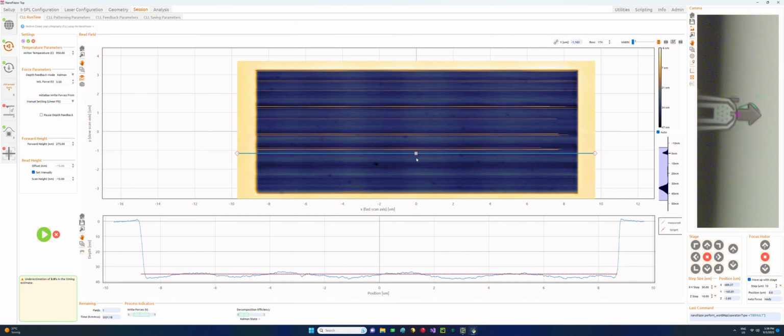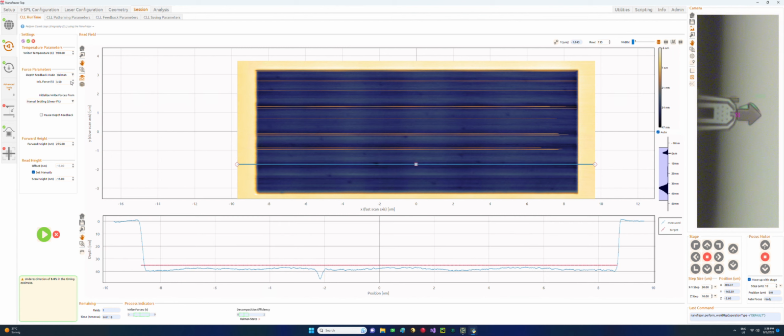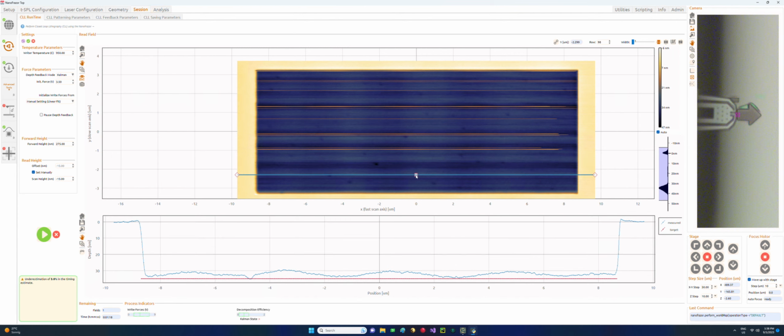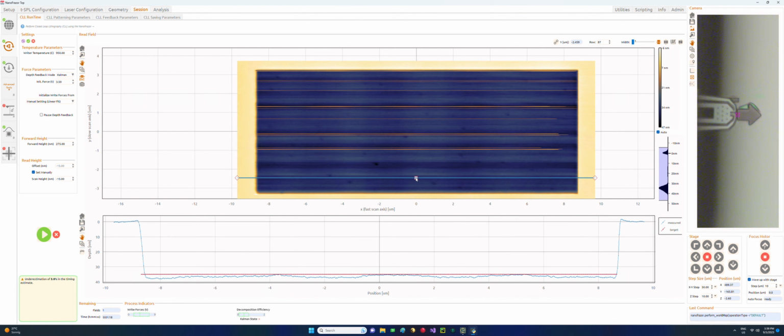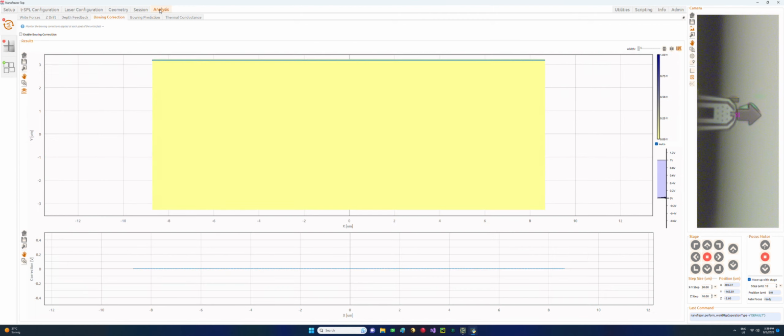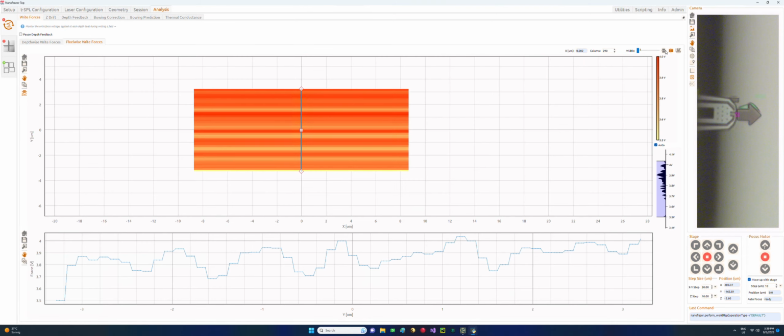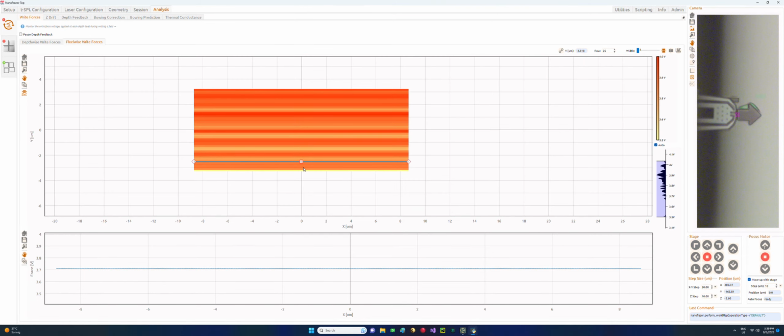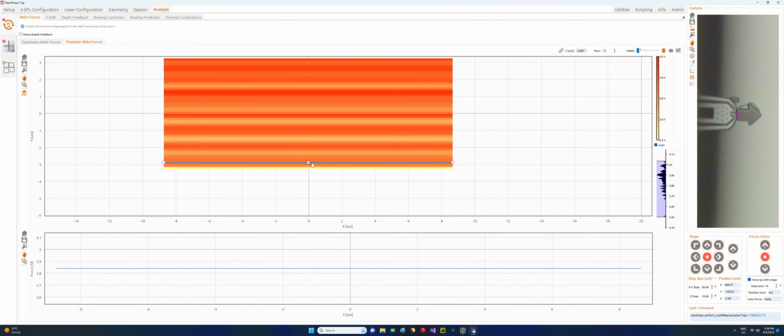So the best thing that I would recommend maybe is to either use a constant force or use a force that was giving us a good depth. Like here we see that we're patterning well for this line at around minus 2.4. We can see which force we are using, which is around 3.75.